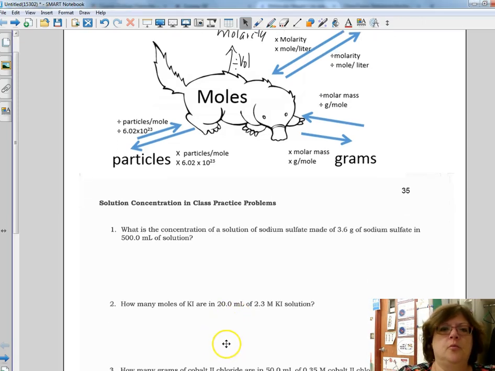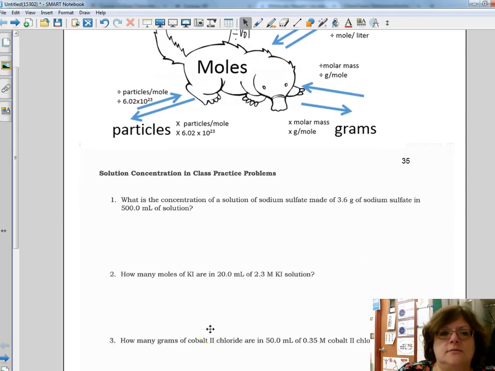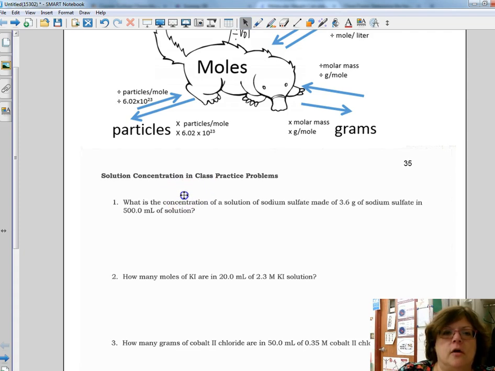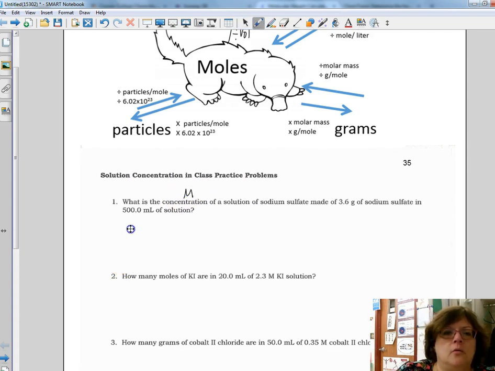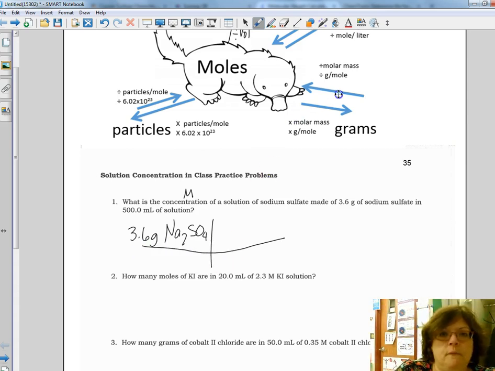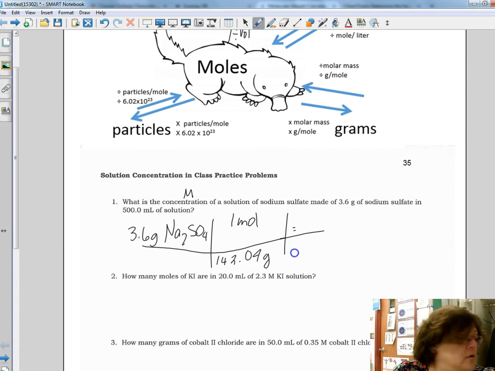Alright, number one, we are asking for concentration, which means we need to solve for molarity. We're given 3.6 grams of sodium sulfate, and so we need to change from grams to moles. We divide by molar mass, 142.04 grams in 1 mole, and that will give us moles. Then we need to divide that by volume, 0.500 liters, which will give us